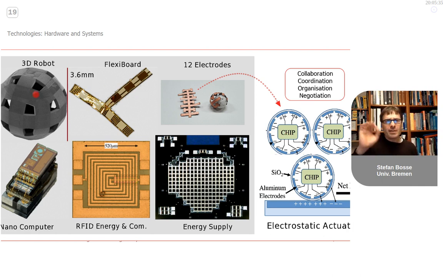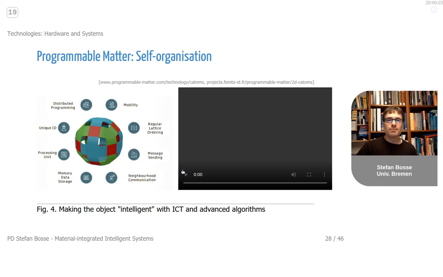In this very small robot, we have a nanocomputer. We have a very tiny computer. We have here flexible board technologies with the electrodes and the sensors. We have RFID communication and energy supply with micro cavity storages and so on. But what we need, from the computer science perspective, is collaboration, coordination, organization, negotiation. This will be clear here,